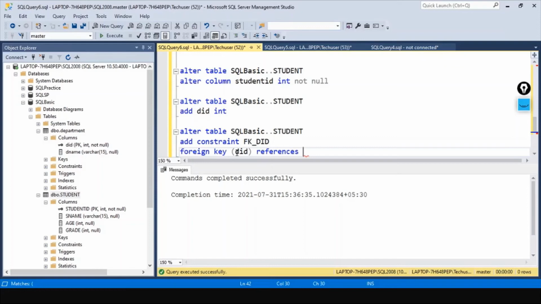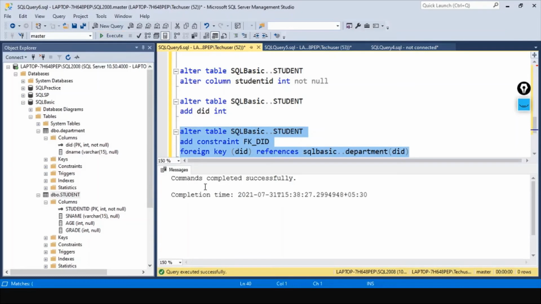References. Give the table name, SQL basic table name, department ID. Now let's go ahead and execute this query.